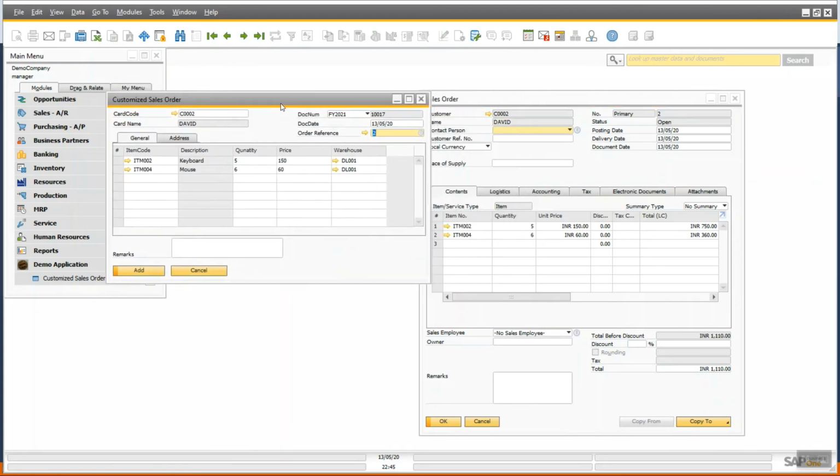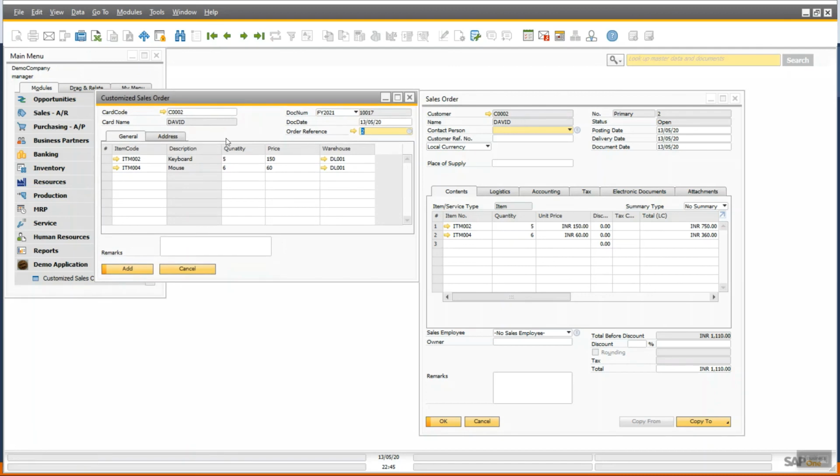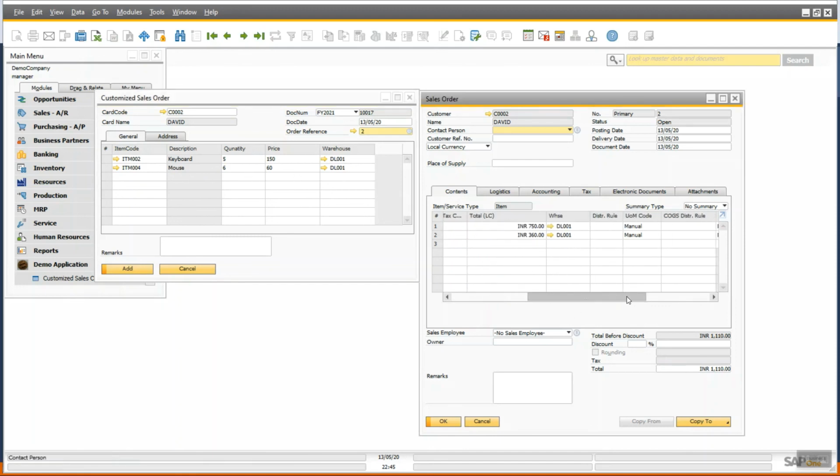You can match this data: card code, name, doc date with posting date, and line data: item, keyword mouse, quantity 56, prices, and warehouse. So in this way you can do this activity.